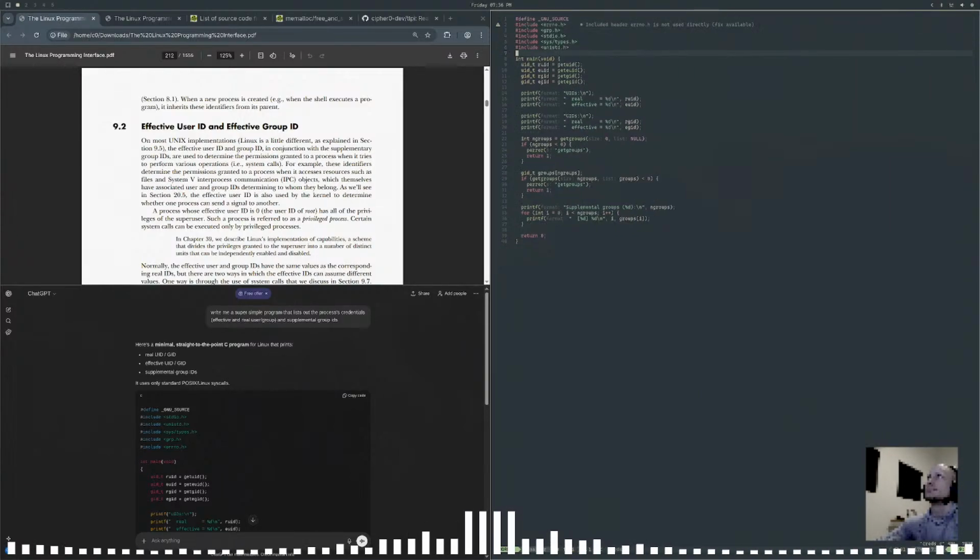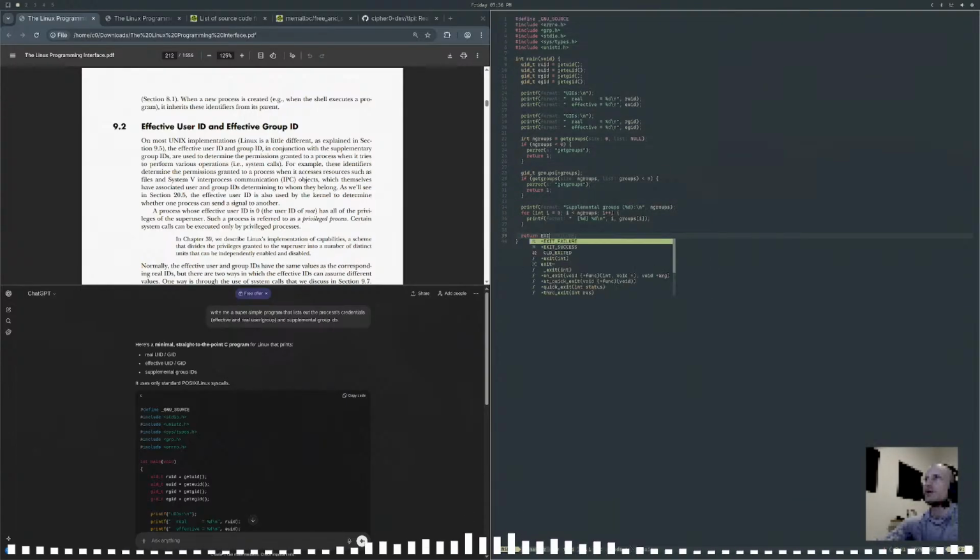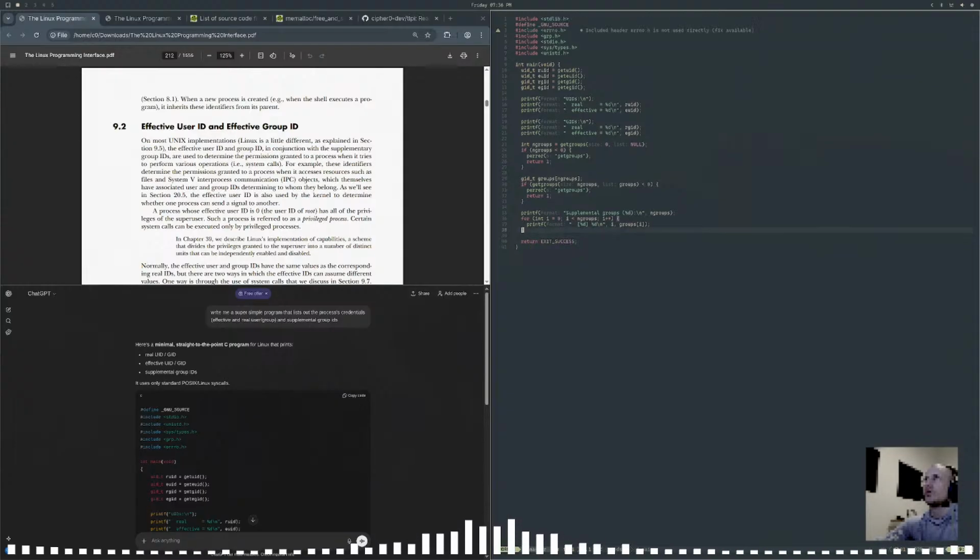It says error no is not needed. We'll just say exit success. This will be exit failure. Exit failure, bam. So we get UID, get effective UID, get GID, get effective GID, and then real is real